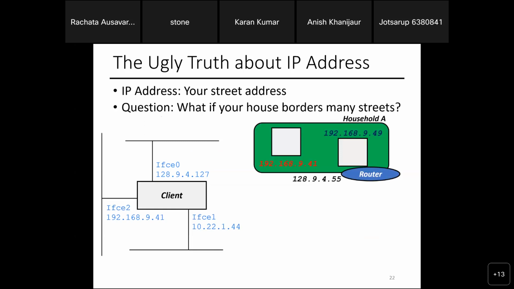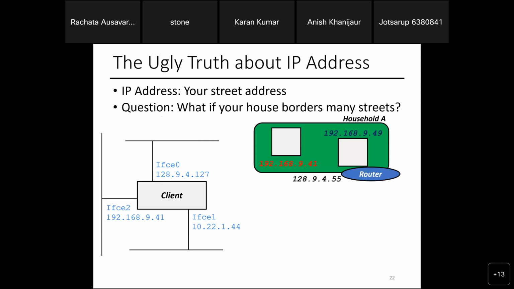So when you have a machine, it doesn't mean that it only has one connection. It can have multiple, even with one physical device that allows you to connect to the internet. You can have multiple connections from different IP addresses. Your computer in many cases might have more than one, or can handle more than one. So in that case, if I want to connect to my computer, which IP do I use? What would be the default?